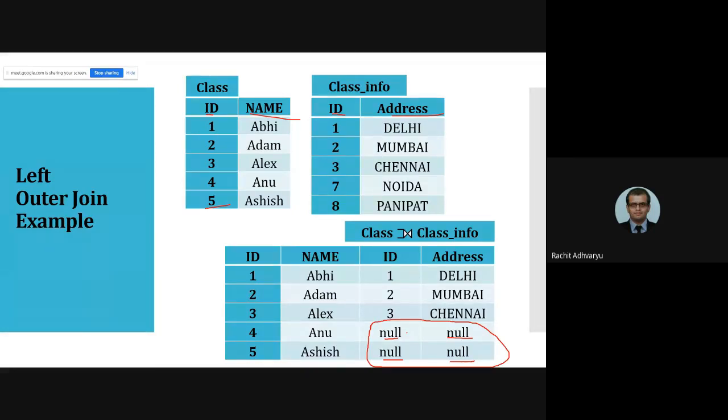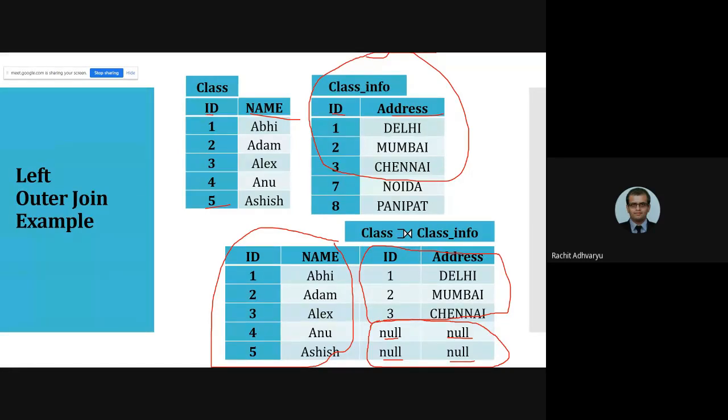It is not used practically in your lab sessions, but it is just the theory part, because we cannot show unwanted data in the output. That is totally hazardous, as well as complex and useless for a database administrator. So this is just for the theory part: if you use left outer join, it will display all the data of the left table. So it has displayed all the data of the class table and all the relevant data of the class_info table. But wherever the data was not found, it has displayed null. So this is what left outer join is.